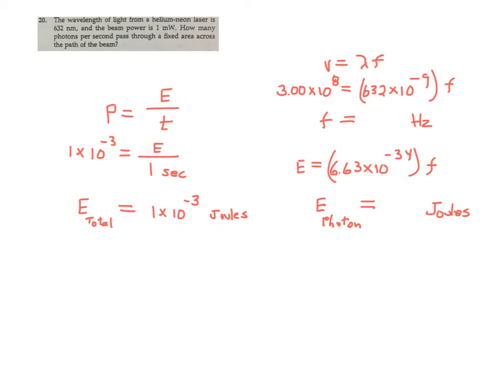So back over here on the right, I'm calculating the energy of one photon. So I use V equals lambda F. And as you know from previous problems yesterday, you could take a shortcut here by combining these two equations, but I'm not doing that right now. V equals lambda F, I have the frequency of these photons, the individual photons. Then the energy of an individual photon will come out if I'm using the joule version, which I would like to do because my power was in joules per second. The energy of my photons will come out here. So once again, you're going to plug this in for F, and then the energy will come out in joules,